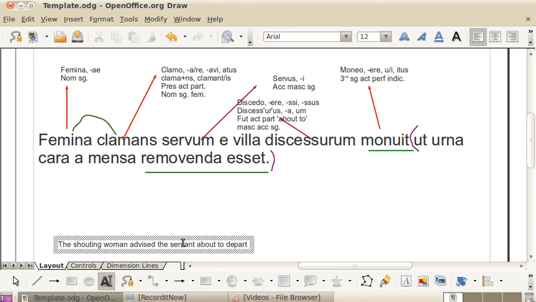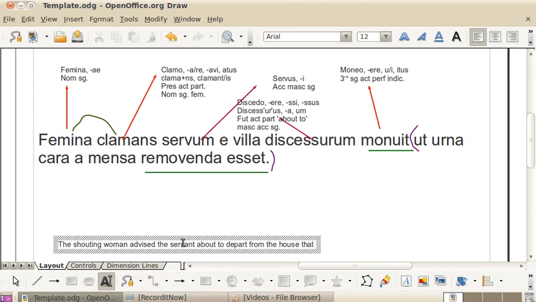Okay, so that this prepositional idea is in fact kind of resulting from the verbal idea in the accusative here, that verbal idea being discessurum. So the shouting woman advised the servant about to depart from the house,